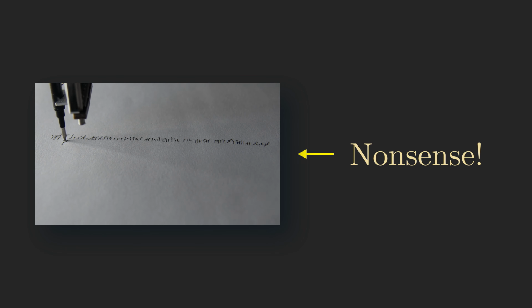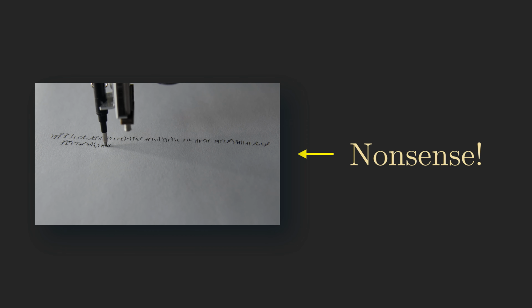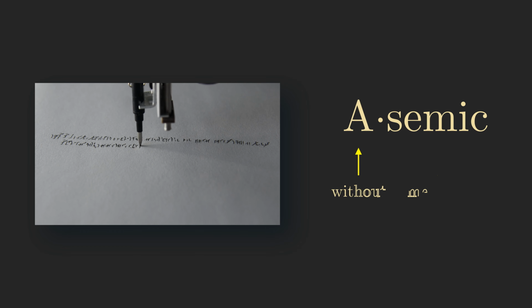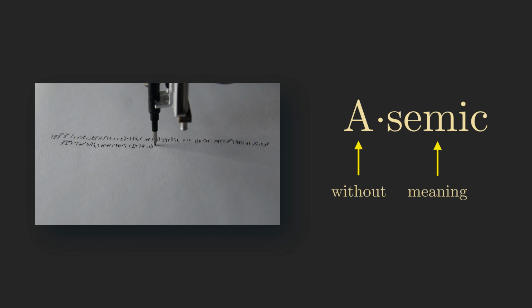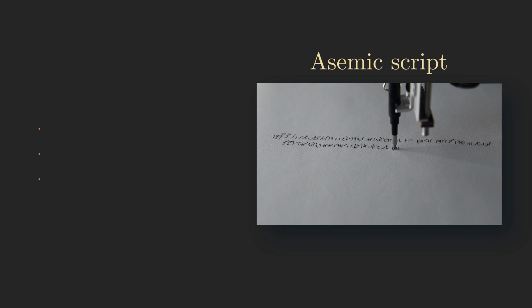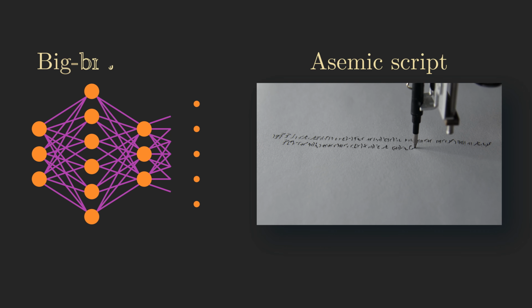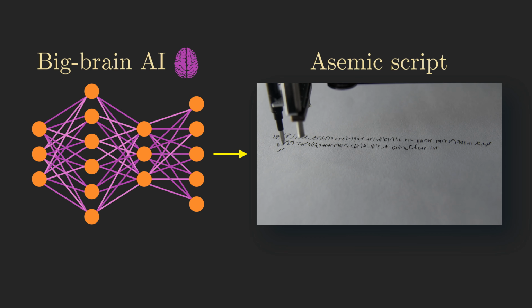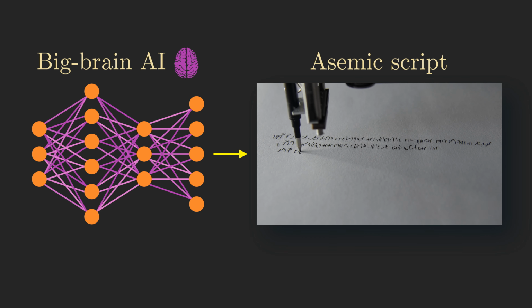The scribbles you see on the page are merely a pile of total gibberish made specifically to mimic the look of handwriting. It's a form of art called Asemic script. The underlying system that creates these drawings is a complex artificial intelligence model with millions of parameters. It's trained on thousands of images of handwriting from various languages, and by the end of the video, you'll understand